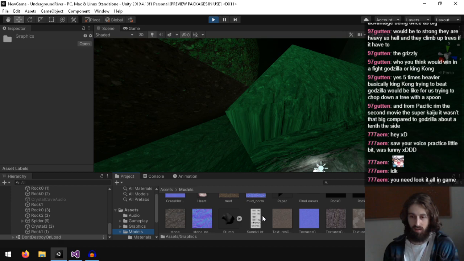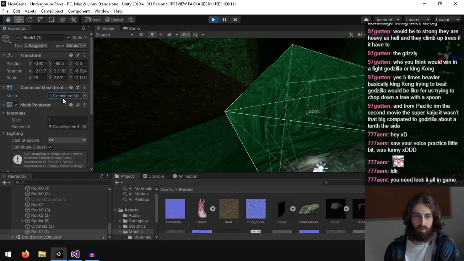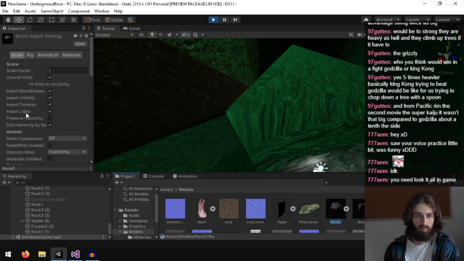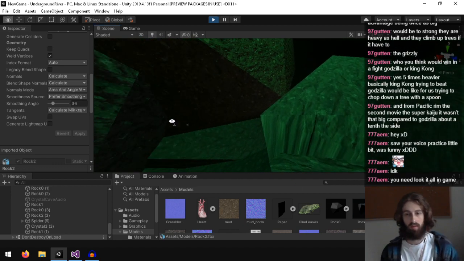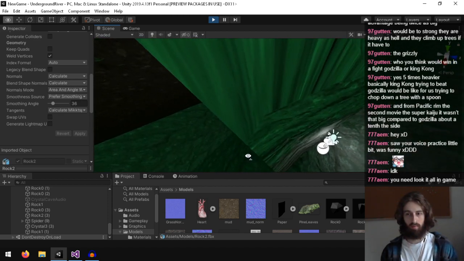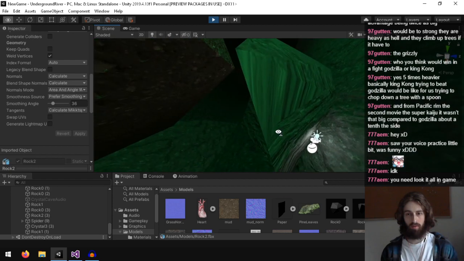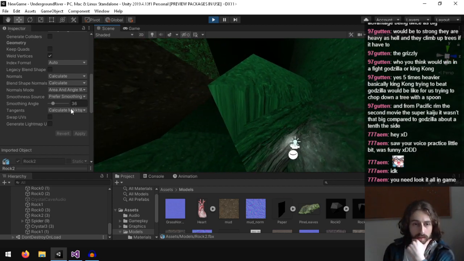I'm betting I don't have calculate normals set on one of these rocks. Never mind, I do. Well, I guess the normal is wrong for whatever reason. Weird.